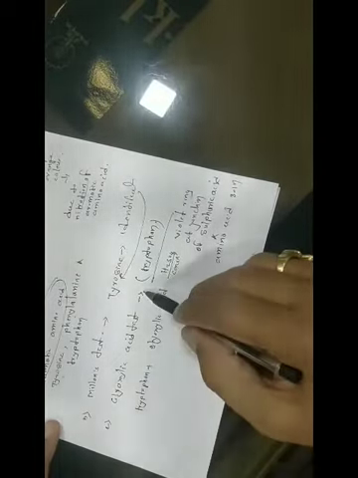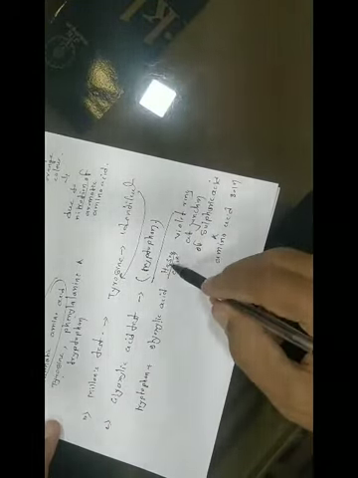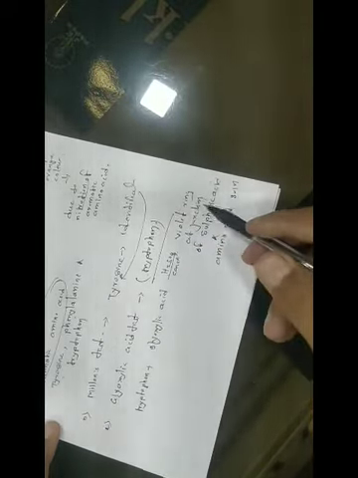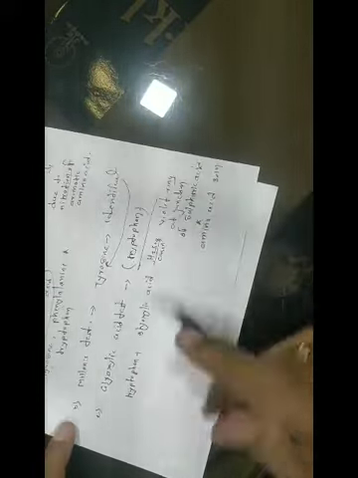Glyoxylic acid is used to identify tryptophan. Tryptophan reacts with the glyoxylic acid in the presence of concentrated sulfuric acid H2SO4. It gives the violet ring at the junction between sulfuric acid and the amino acid. Okay, this reaction. And the next reaction,